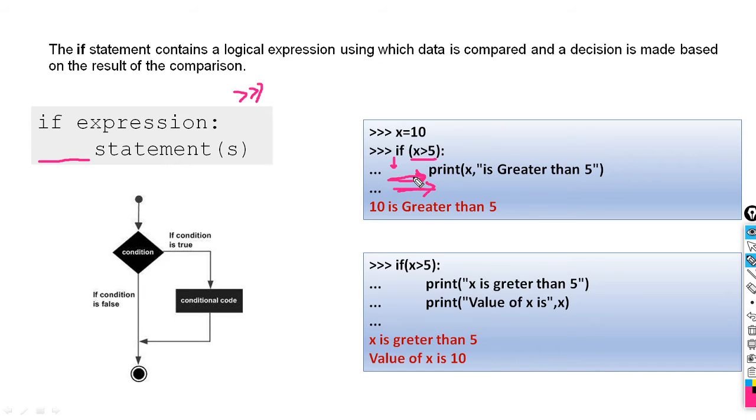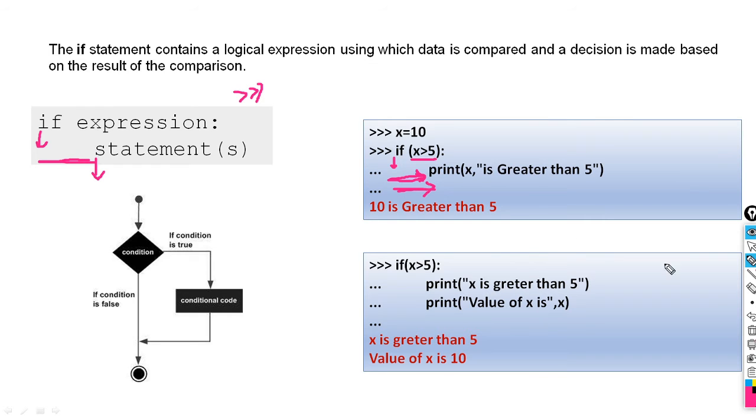In some Python environments, the tab spaces are added automatically. In some versions you should take the statement inside the if yourself, using the tab space. Whatever statements you want to execute, you should take them inside the if. So if this is the position of if, you should take the statement like this. We will see it in the practical session. Just remember this part: we can use indentation in if to indicate this is the beginning of the block and this is the end of the block.